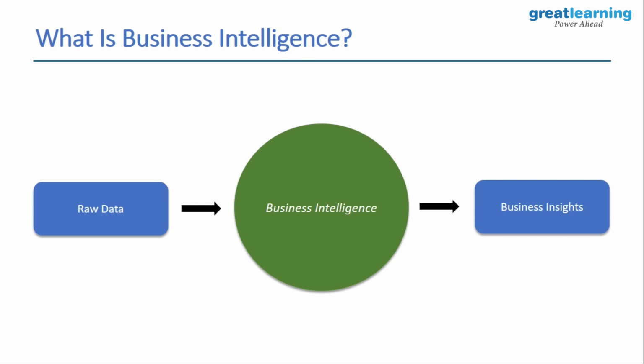Now this seems fairly simple, right? I mean, you think of it as a machine where you put in raw data and you get business insights out of it. But when you talk about this machine of business intelligence, there are a lot of spare parts, or a lot of things that happen inside this business intelligence machine or domain, right? So when you talk about putting in raw data, the question that you'd ask is why? I mean, why do I put in raw data and generate business insights out of it?